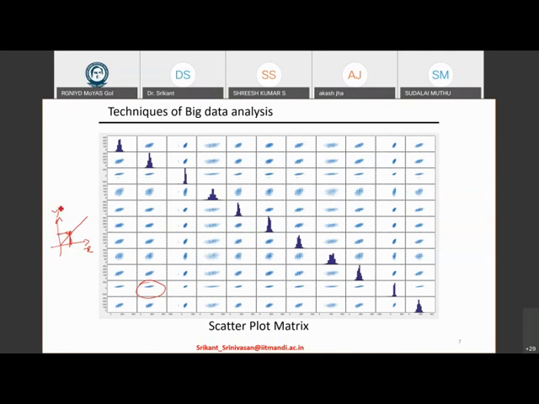For example, if you take height and weight, right? So height of a person and weight of a person. Normally, as the person becomes taller and taller, his weight will also increase. So that's like a correlation plot. So this plot over here is showing that the x-axis is changing, but the y-axis is not changing. That means these traits don't have any relationship.